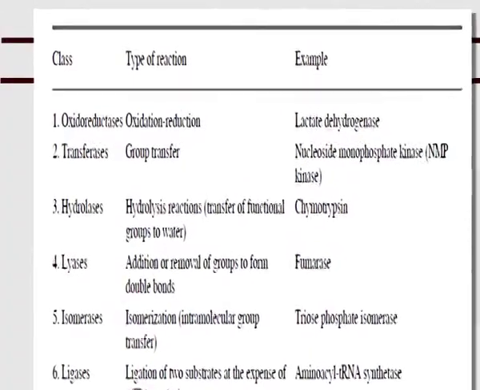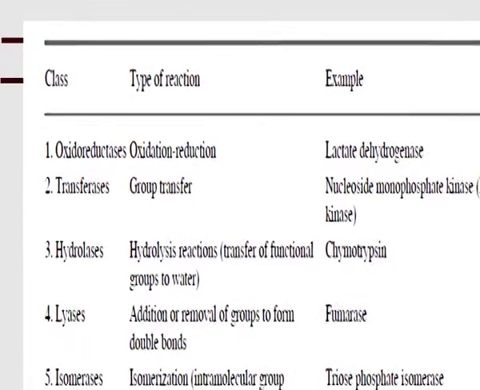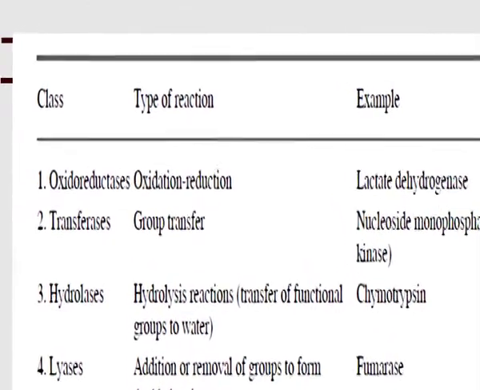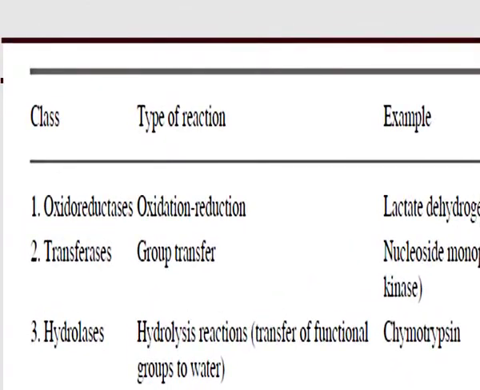To bring some consistency into the classification, in 1964, the International Union of Biochemistry established an enzyme commission to develop a common nomenclature for enzymes. Reactions were divided into 6 major groups numbered 1 through 6. If you look at table 1, you can see that